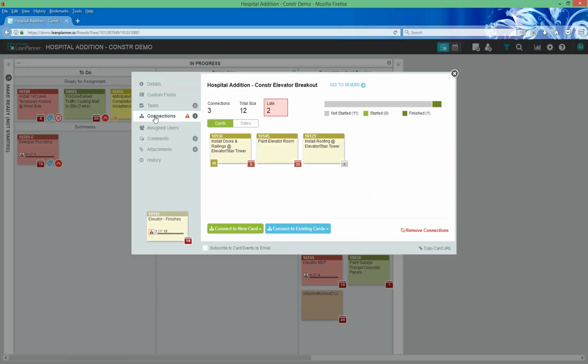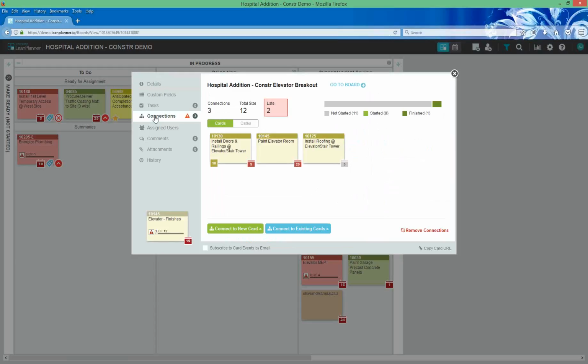You might have one board that is a higher level, here's our milestones for the next 4 months, and then another board that's tracking weekly activities. And I want to be really clear here. It's not meant to be a scheduling tool in the sense that there's logical dependencies involved in these connections between cards. It's really just meant to give you visibility.